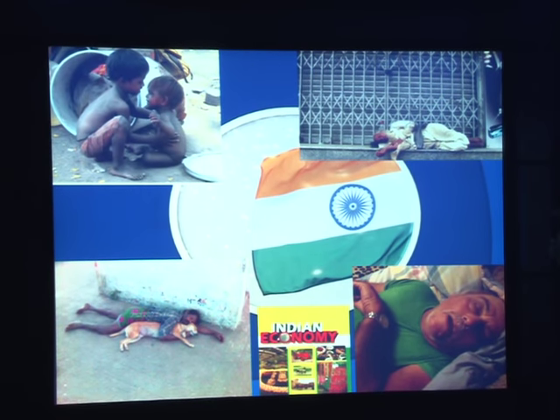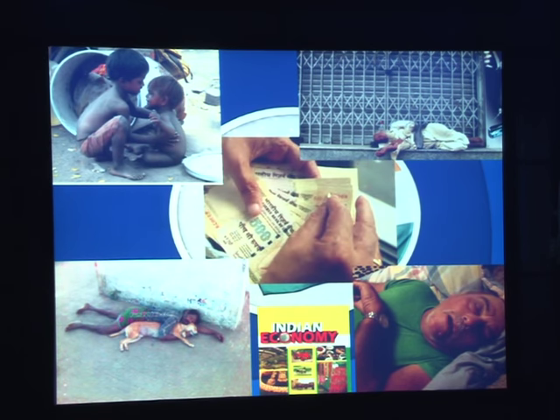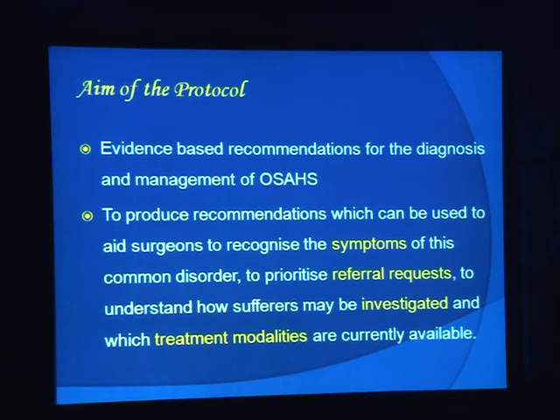So India is a developing country where management and evaluation take a major constraint on the economy, and as there is not much coverage with national or private insurance companies to help the candidates, it is a very difficult scenario to evaluate the patient. So the aim of the protocol should be evidence-based recommendations for the diagnosis as well as the management, to guide the surgeons to recognize the symptoms of this common disorder and to prioritize the referral to a proper neurologist or a cardiologist, whoever that referral is to be done, and to understand how the sufferers may be investigated and which treatment